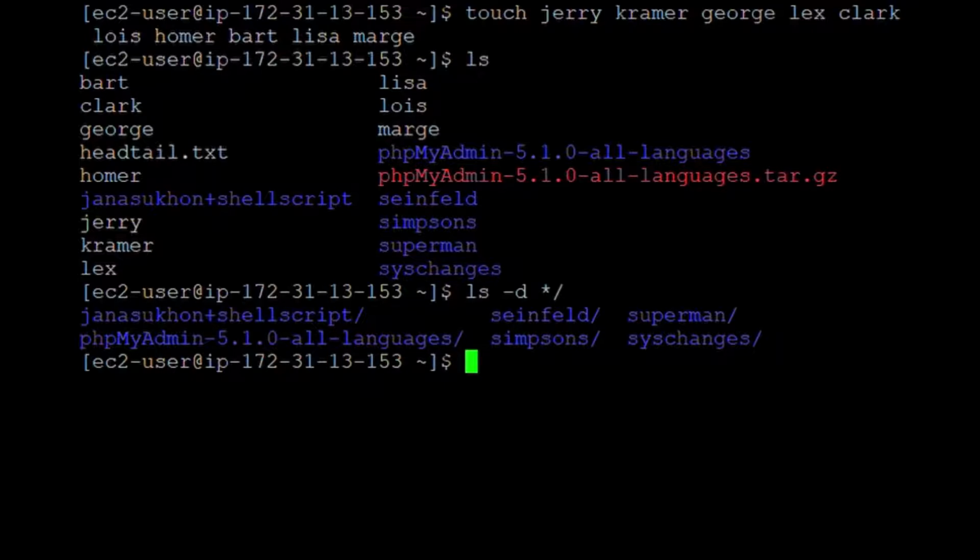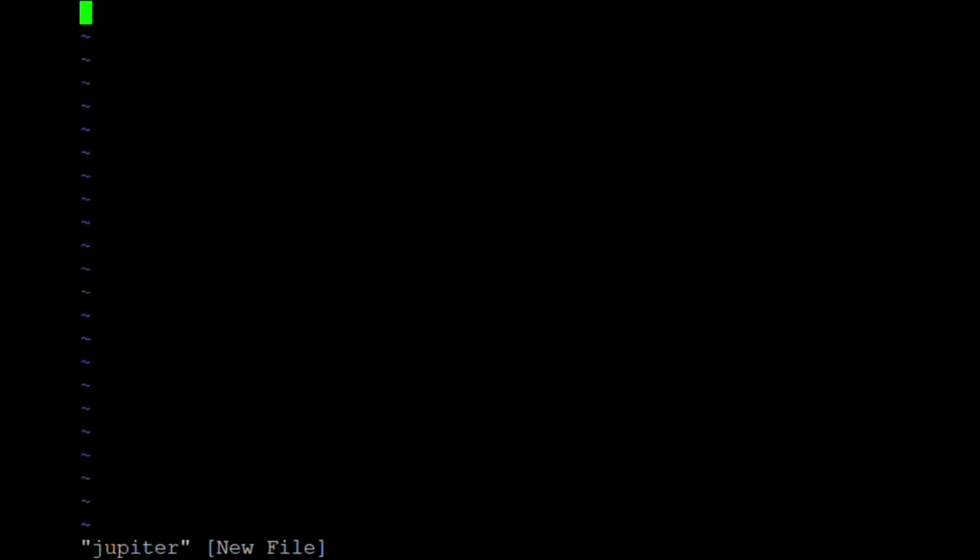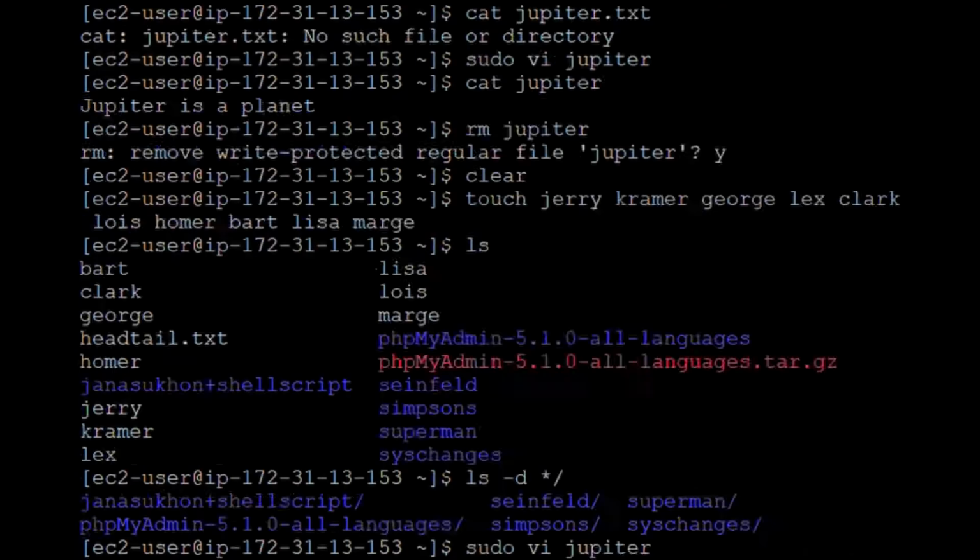Now to create a file, what we will use is the vi editor. So in order to use the vi editor, just write sudo vi and the name of the file. Let's call it Jupyter. Inside the editor, you can write whatever content you want. So in this case, to write inside the editor, just press i, and I'll write